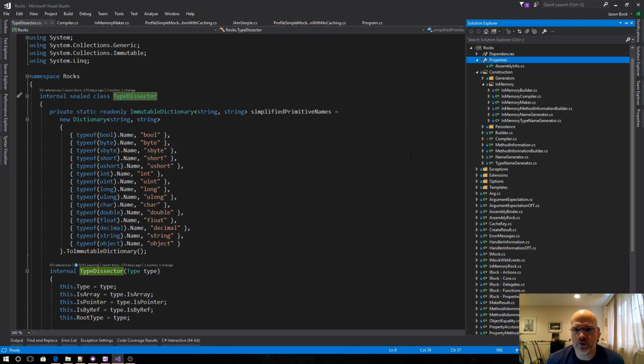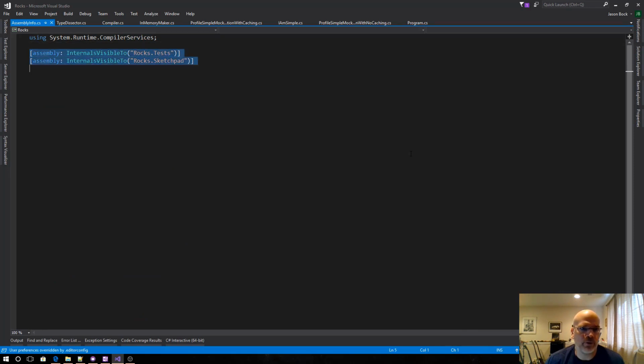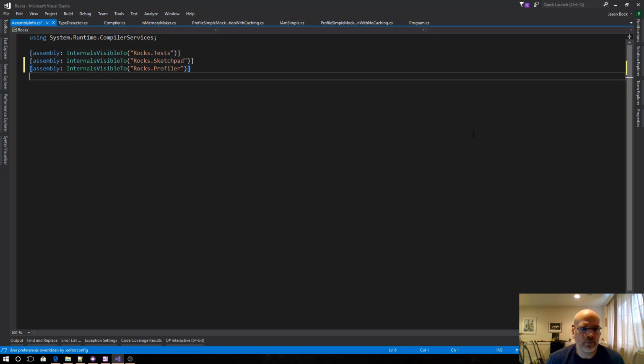If I come back up to Rocks, I think here I have these two set as internals visible too. And I already have the sketch pad as internals visible too. So maybe it's okay if I do these for the profiler and performance as well. So now they should be actually able to see. Why do I need these in any kind of order? Because I do. Okay, so then I can have a test in performance that says